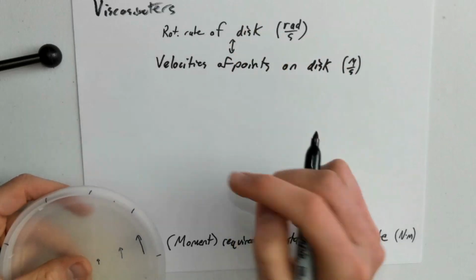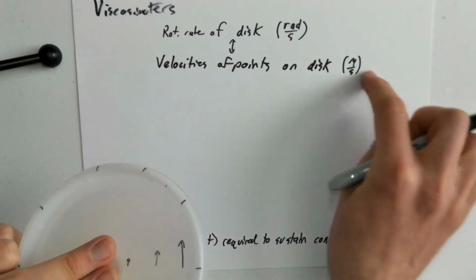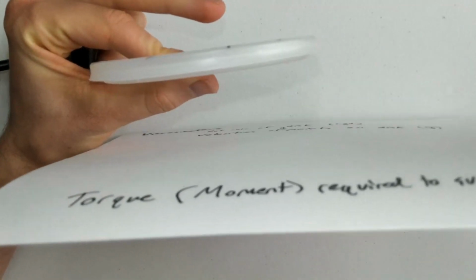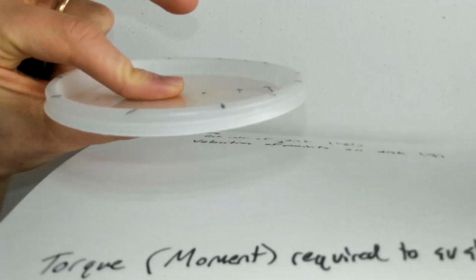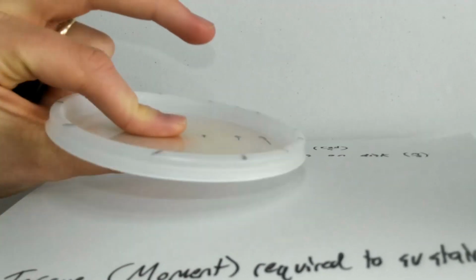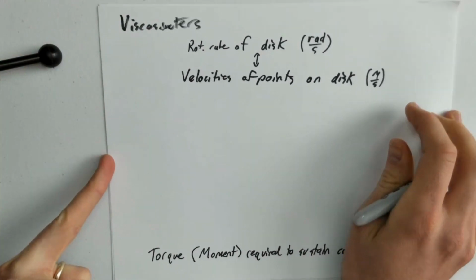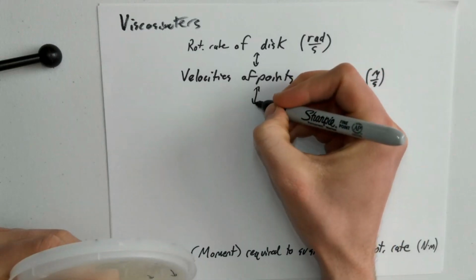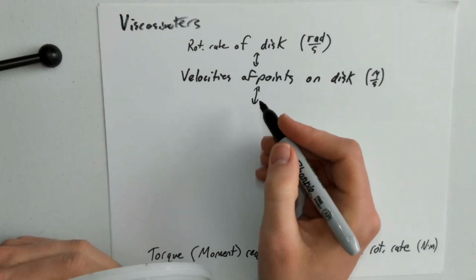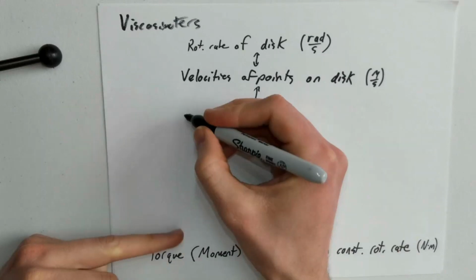So we're going to want to work out a relationship between these two. Well, if we can gain some information about velocities of points on the disk, if we look at things from the side, the velocities of the points on the disk and the stationary floor, the stationary wall underneath the rotating disk, there's going to be a velocity gradient between those. So if we have velocity of points on the disk, and we use a shortcut of the linear velocity profile that we talked about in the previous lecture, we're going to be able to work out a relationship between velocities of points on the disk and velocity gradients